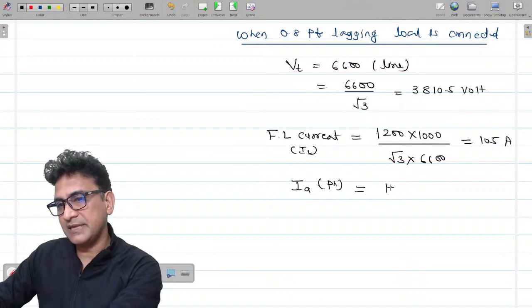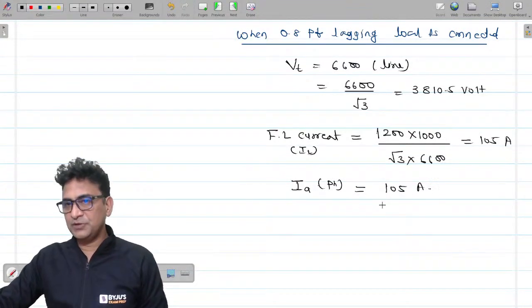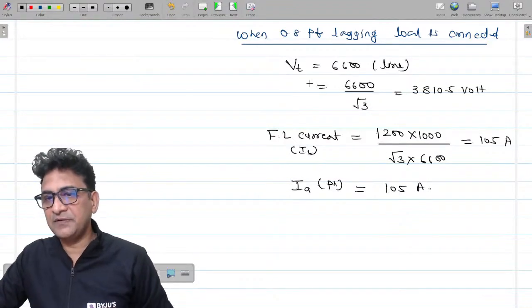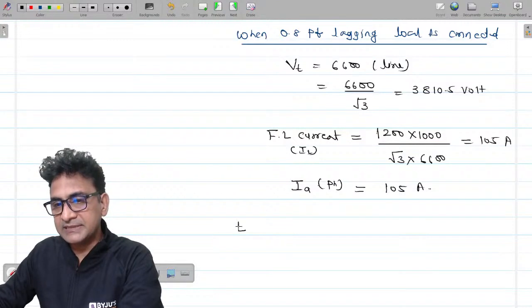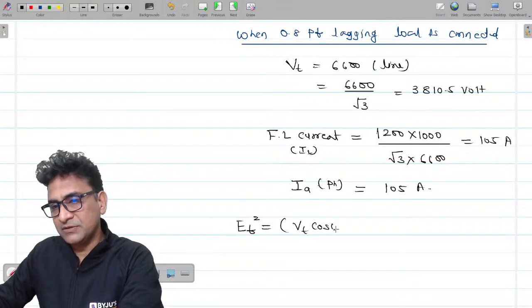In star connection, line current and the phase current are the same. So we know the value of current and the value of terminal voltage. By using these two quantities, we can find out the excitation EMF, EF. I am using here the algebraic equation: Vt cos theta plus IA RA,